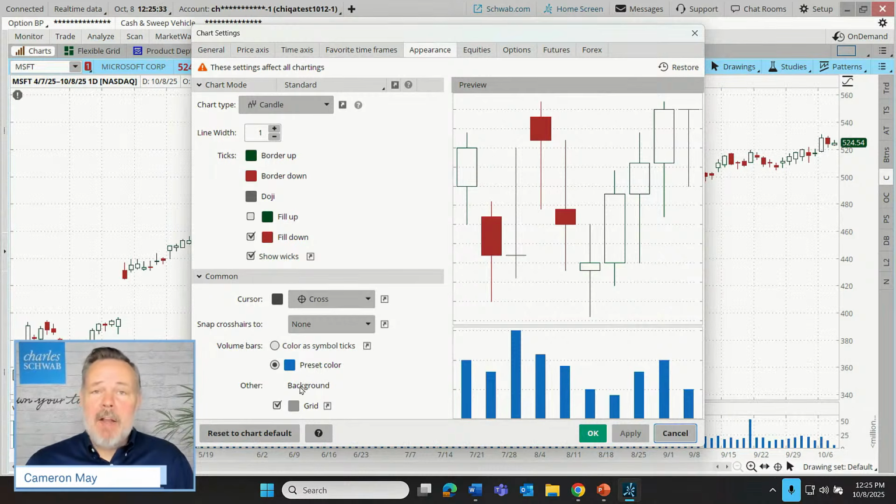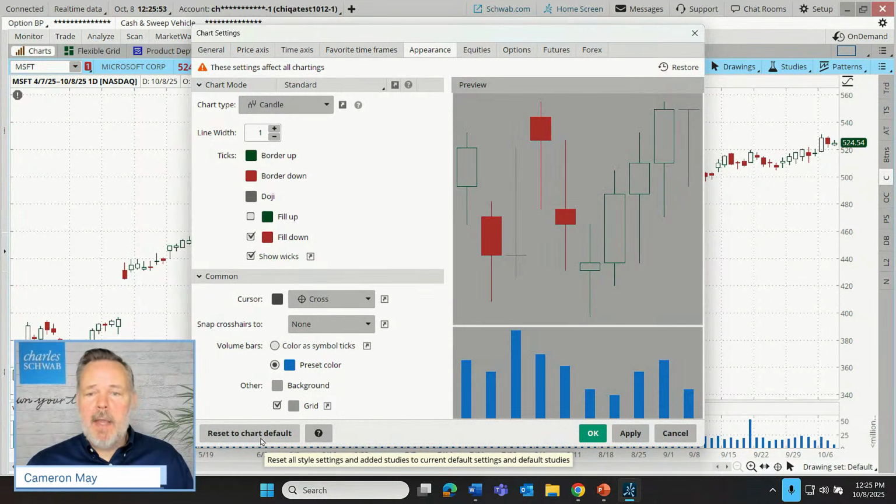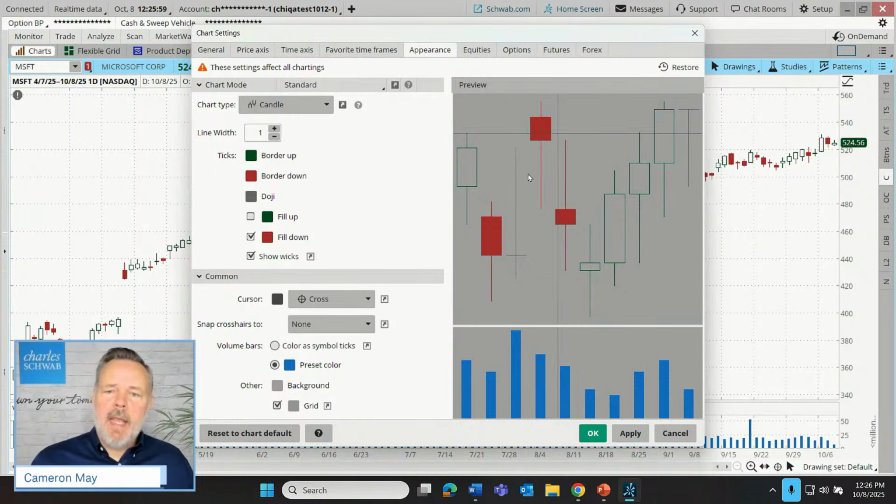But finally, the background color can be changed here. So mine is white. It's even difficult to see the box. When it's white, it's literally just white on white, so you can't even see that there's a box there. As I hover over it, there's that box. If I click on it, it gives me that palette. So for example, if I wanted a gray background, now I'd have a gray grid on a gray background. Might want to play with the grid color if I make this change. In any case, I can see that impact. I don't want that.